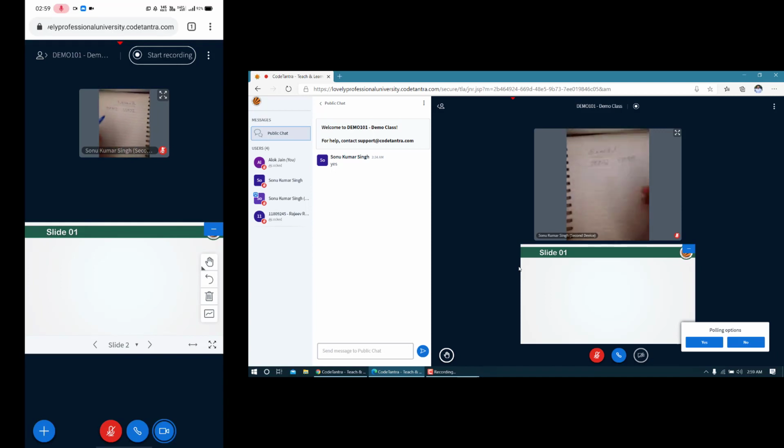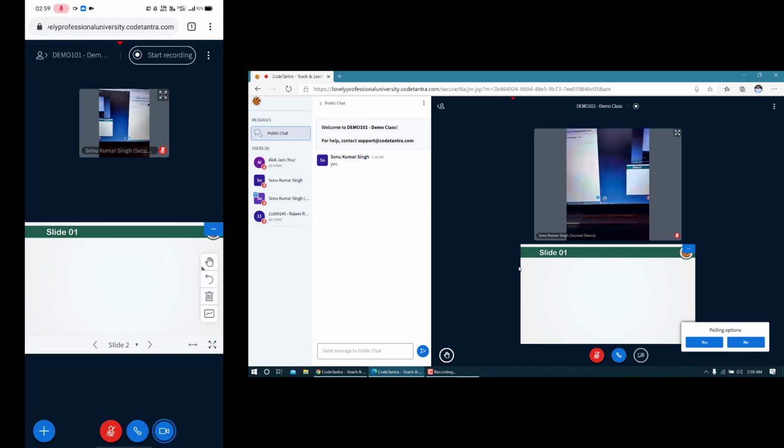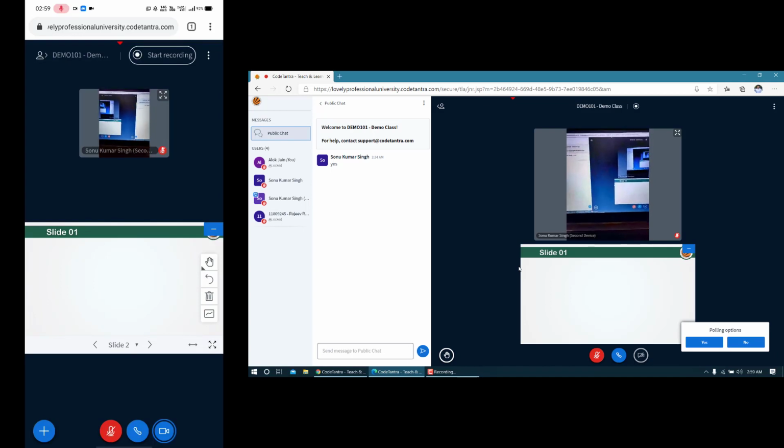Now consider you have a tripod, so you can use this mobile phone with the tripod to fix its position, and you can project, let us say this computer screen is a whiteboard, so you can project your mobile to that whiteboard and start writing there, and whatever you write there, the student will be able to see. So this is another great feature which you can use just in order to teach a student using the blackboard.